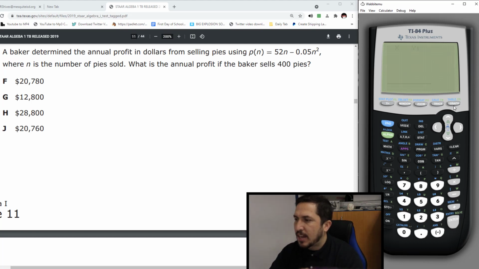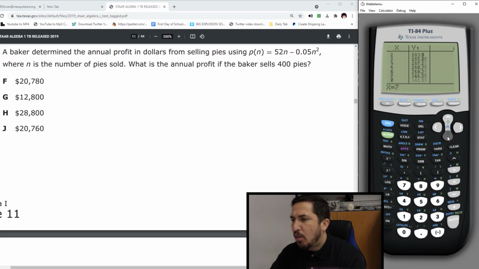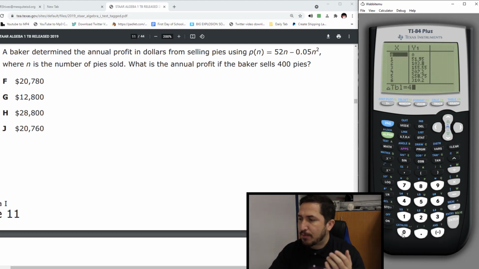Now I'm going to go second table, and I want to check for this number 400. So let me scroll all the way down. No, don't scroll all the way down, that's too much work. So I'm going to hit the plus sign, I'm going to hit 400, enter. Oh shoot, it messed it up. Oh my gosh. Plus sign, hit the 1. Enter. Woo, okay. Now go find the 0. Oh, go find the 1 actually. Oh shoot, I'm going to go find the 0. Plus sign, 400. Oh, there it is.